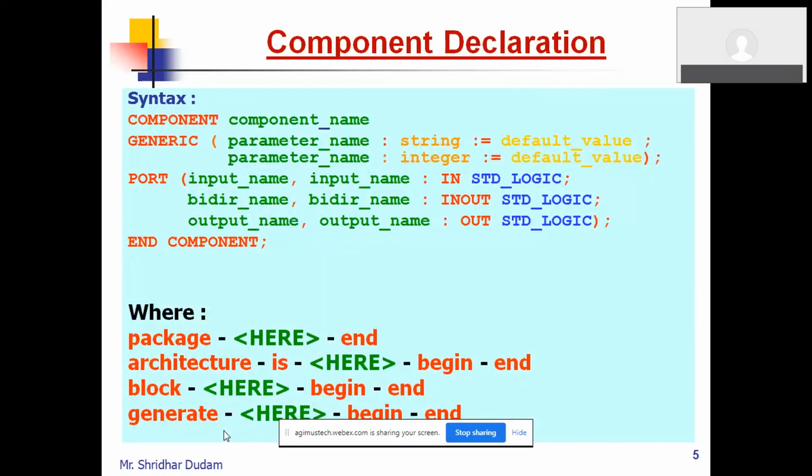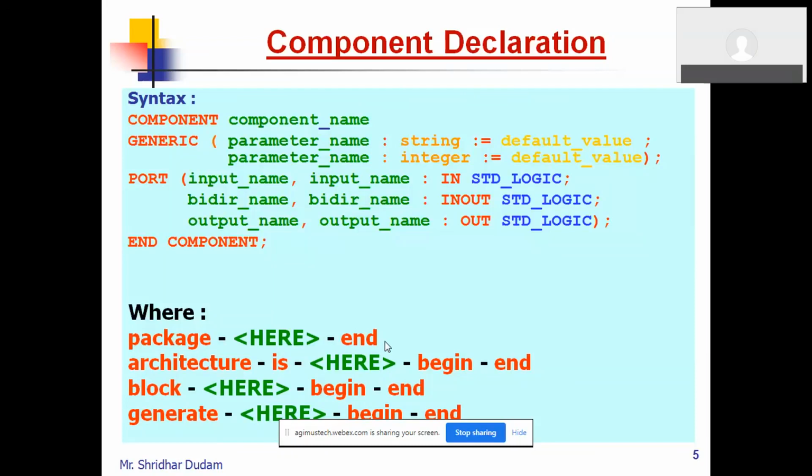When you are declaring the component in your design, remember that whatever entity you use for your lower level design, the same name and the same port structure should be used. That is the way you can have a default binding. If you are using some other names for the entity or the port names, it is possible, but the binding is not natural.